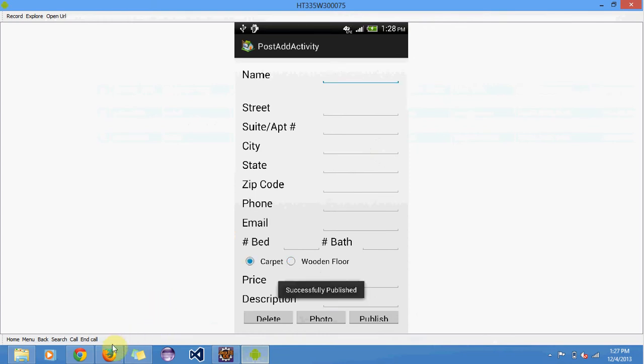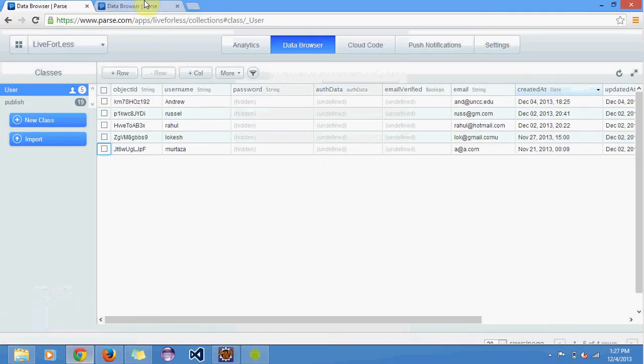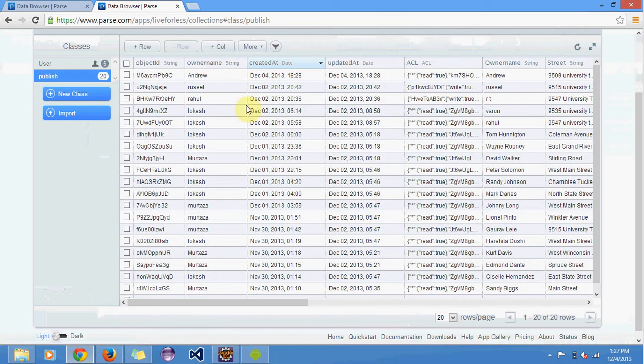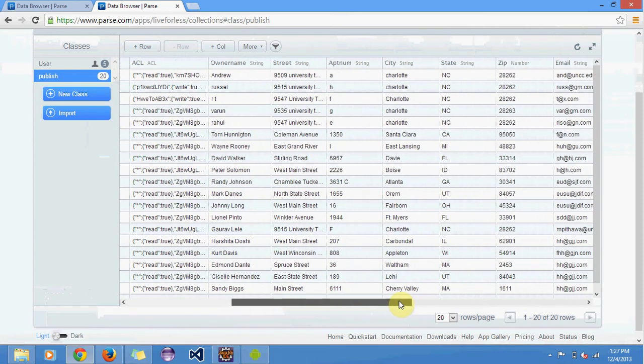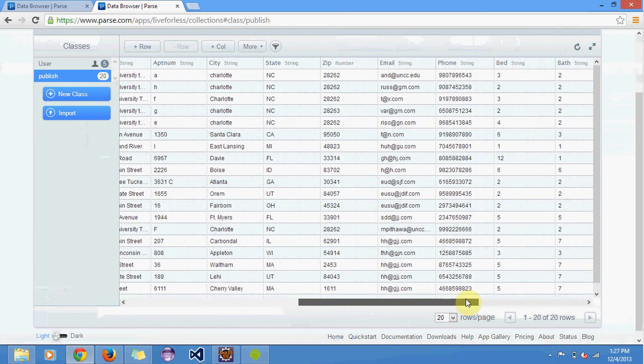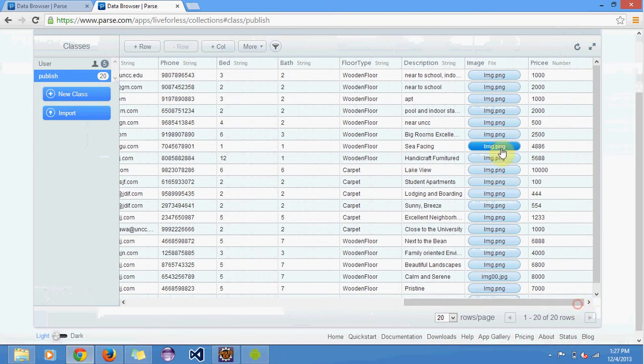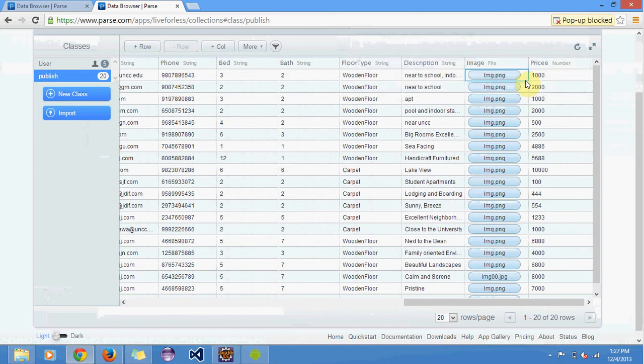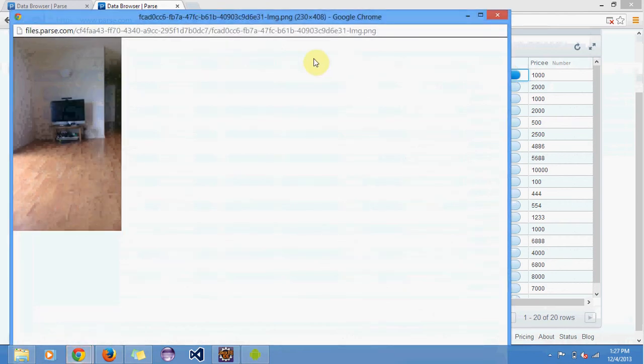I can see successfully published, and if I check publish to see if my data has been uploaded, I can see Andrew, I can see all the details that I've added, and I can see the image. So this was the image that was added.